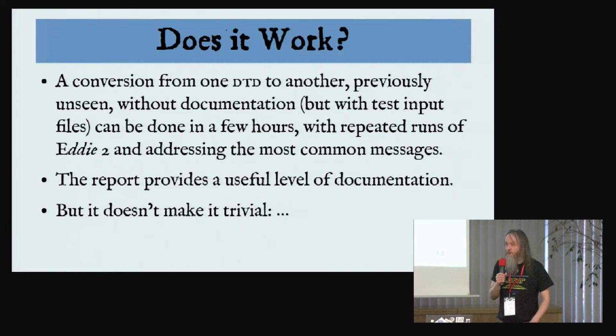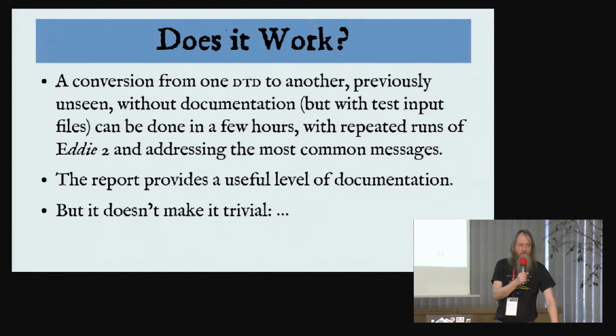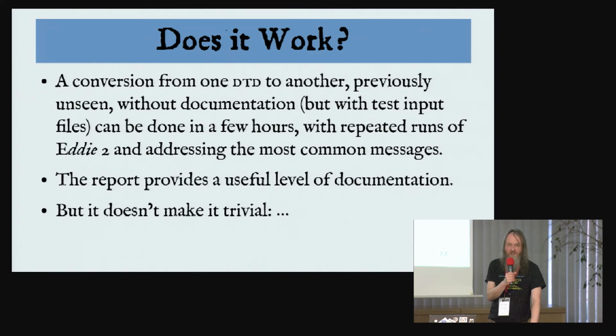I also found that once you've got everything to validate, the report provides a really useful level of documentation. And you can navigate it easily. You can type the first letter of an element and it will scroll to the elements beginning with that letter, and has stuff like that. But it doesn't make it trivial, because the problem of converting one DTD to another is the same as the RDF problem of ontology matching, as it's called. So if they rename history to publication history in a DTD, but the human changelog doesn't say that,